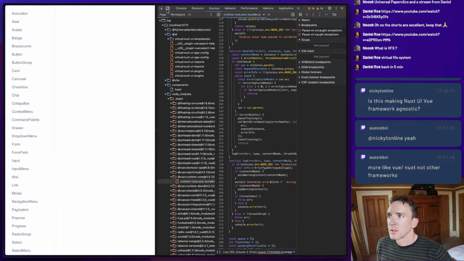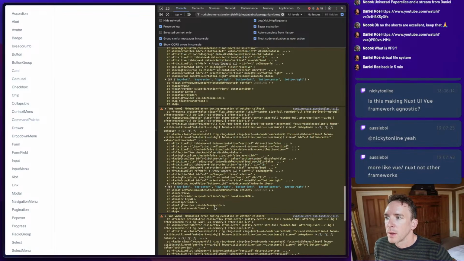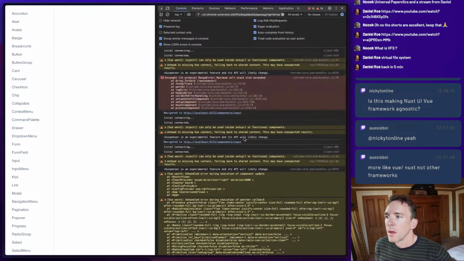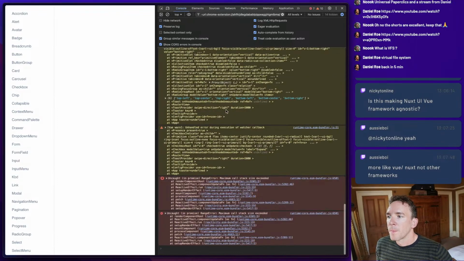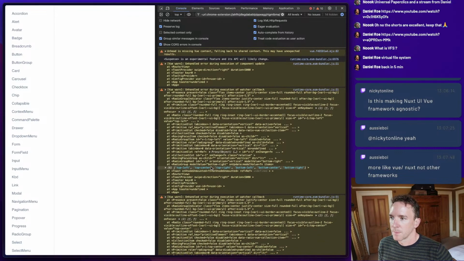Right, I think I need to log somewhere else. Okay, where do I want to log? Okay, well... Unhandled error during execution of component update, and watch callback.